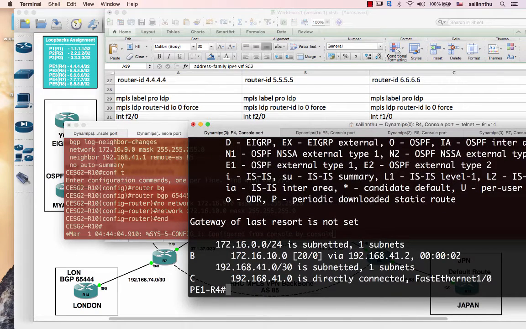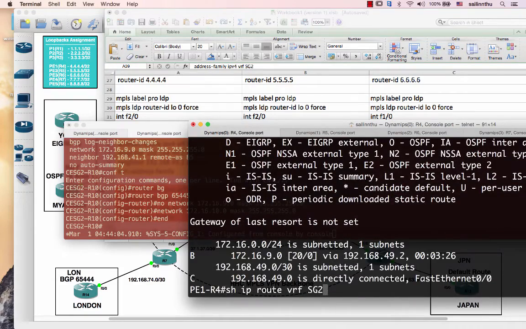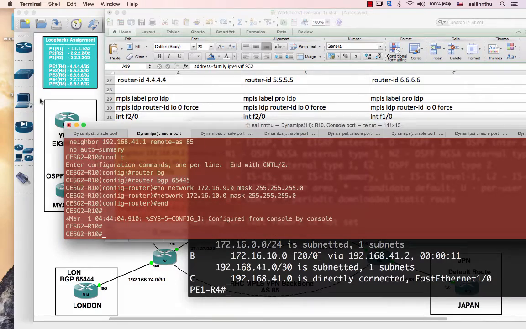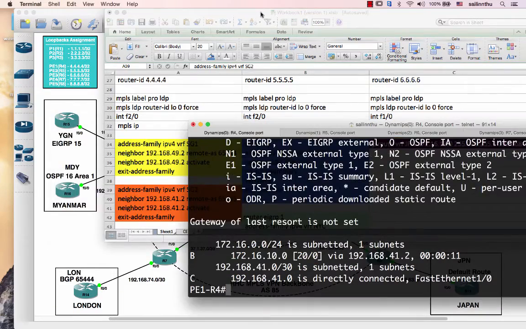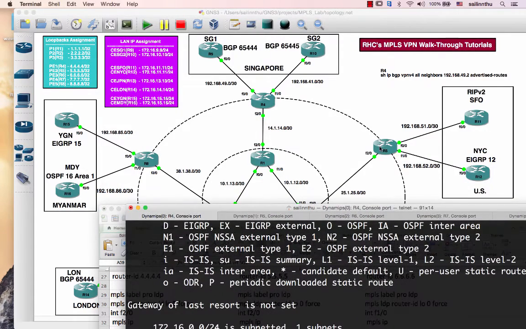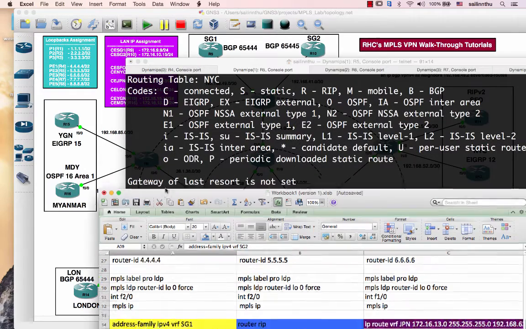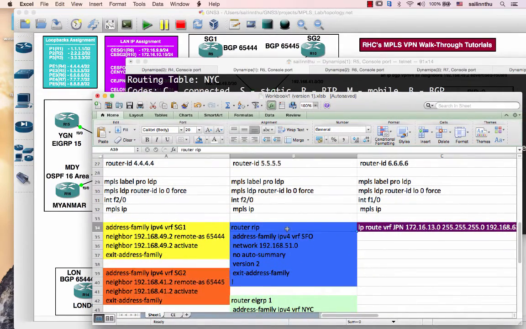Okay, so here, when we verify show ip bgp vrf SG1 and SG2. All right. After that, we're gonna move on to router 5. We'll be running the RIP version 2, and here is the EIGRP. So to configure the RIP version 2, here is the